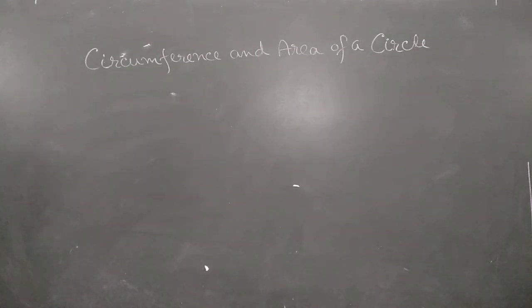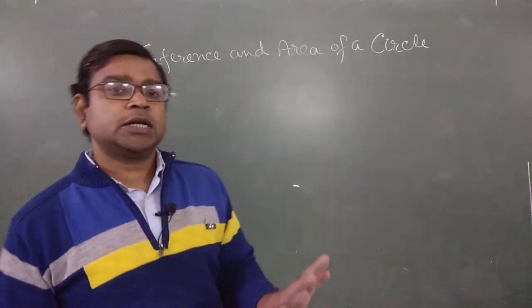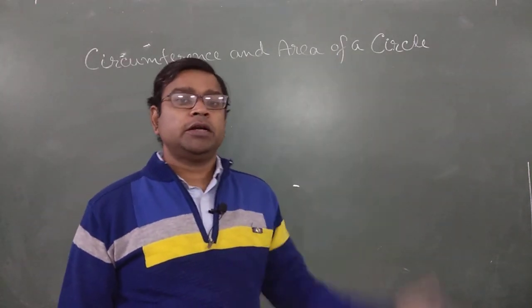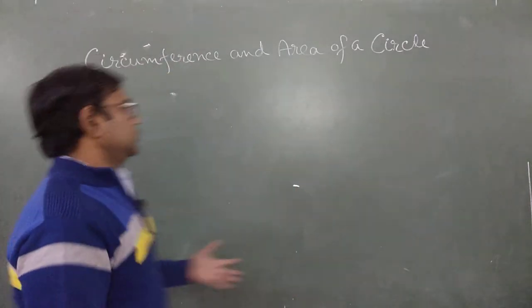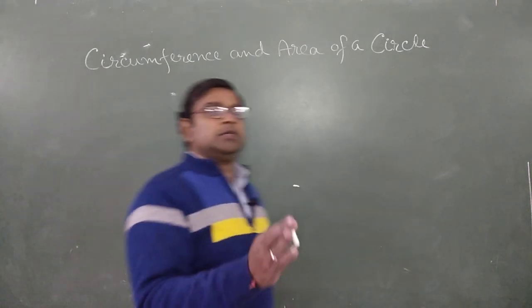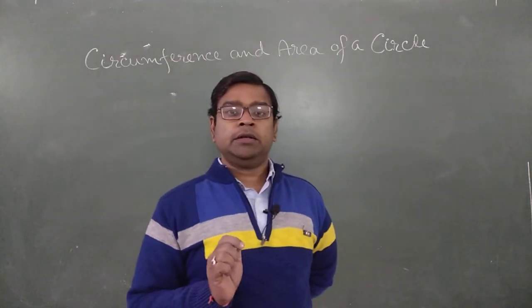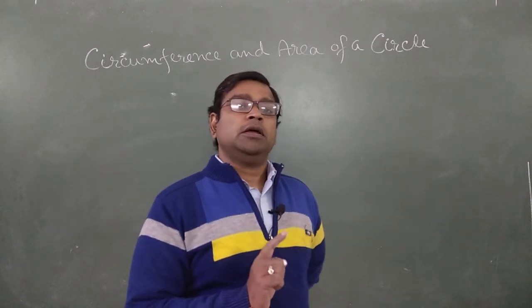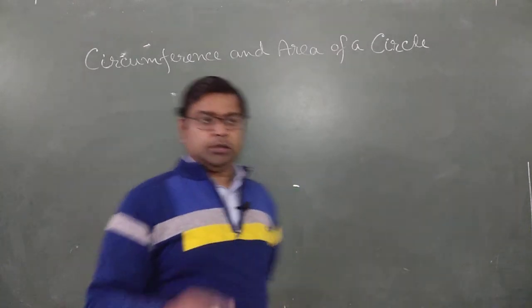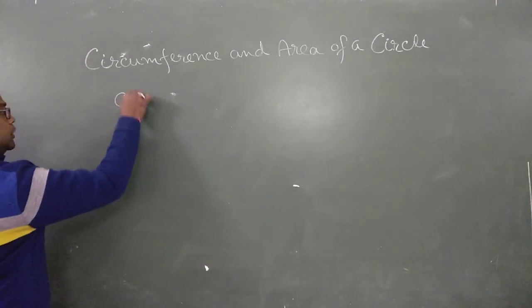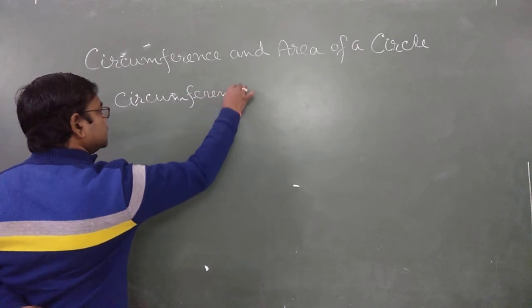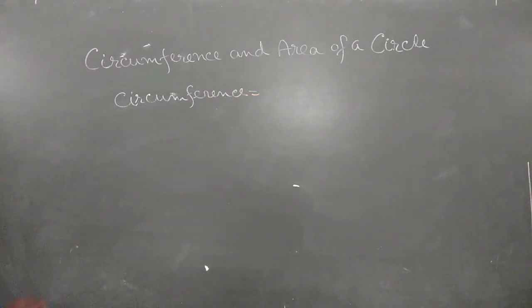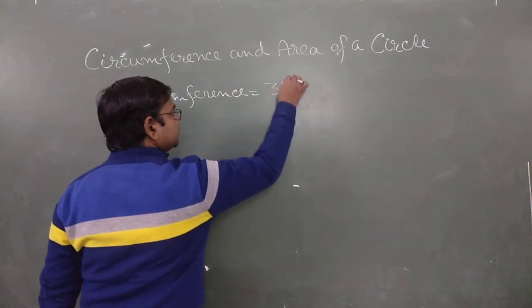And there is a question in which the circumference of a circle is given to you, and the question says to find out the area. It's the easiest. Circumference is given and you have to find the area. So from that circumference you can easily find the radius and then find the area using that radius. Let's see. The circumference of a circular pond is given in this question. Circumference or perimeter, circumference is a very long word, so next time I will write perimeter. The circumference of a circular pond is 396 meter.